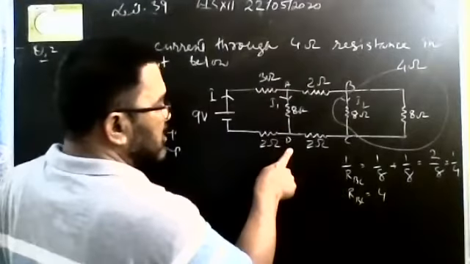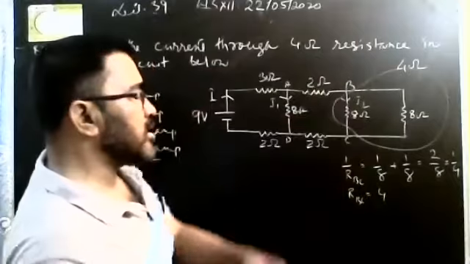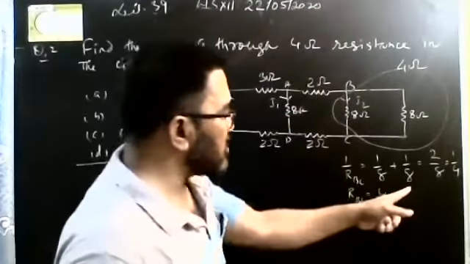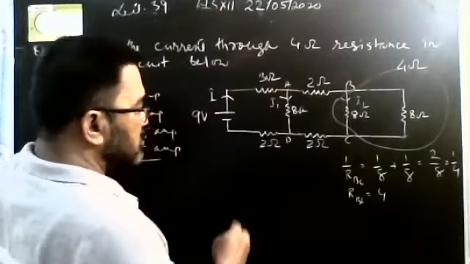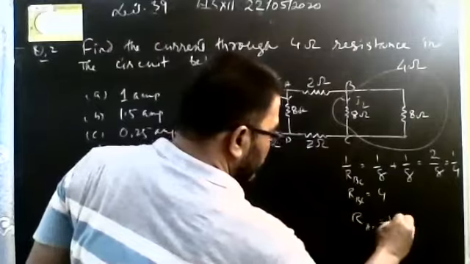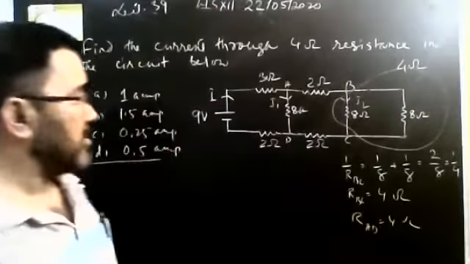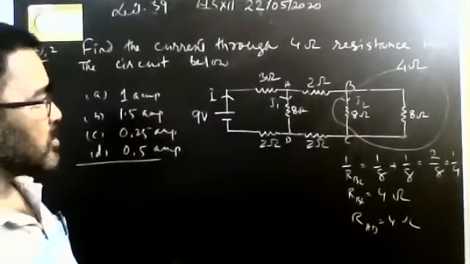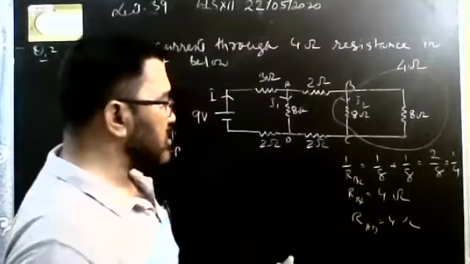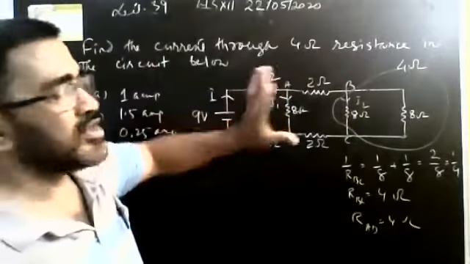Next come to A and D. Between A and D we want to find 2 plus 4 plus 2, again 8 ohm, right? And another 8, so 1 by 8 plus 1 by 8, so how much will it be? Here also between A and D, similarly you will get R AD is equal to 4 ohm. Between points A and D you will get 4 ohm. So leaving everything else, if you connect a 4 ohm resistance in between A and D, then you will get the same resistance.